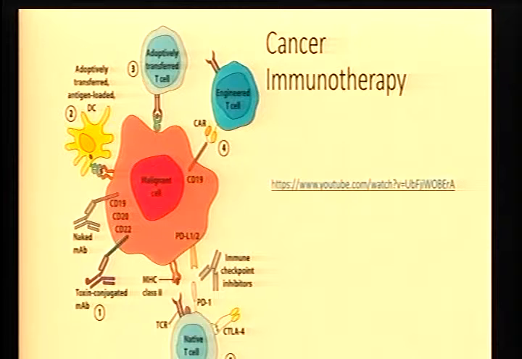I think this is probably the final slide which shows all the different kinds of therapies which are there. This is CAR T cell therapy. Okay, we'll start with a monoclonal antibody: toxins conjugated to monoclonal antibody can kill these cells. The other one which I mentioned, the dendritic cell-based therapy, infusing back into the patient. Adoptively transferred T cells: you expand your T cells with IL-2, the tumor infiltrating lymphocytes, and give them back. They will kill the cancer. CAR T cell therapy, and this is the immune checkpoint inhibitors. And there is this video which will kind of do a recap.